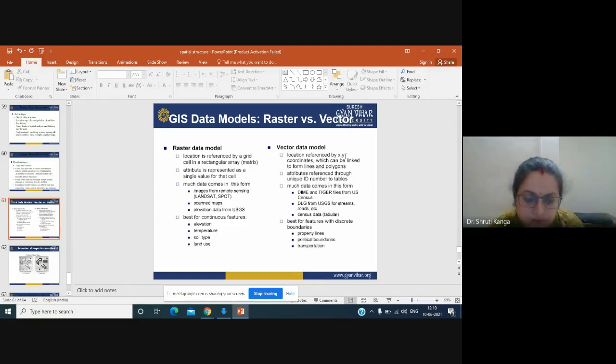reflectance value. So much data comes from image data, which includes different images: Landsat, SPOT, IKONOS, QuickBird, whatever images you are getting in terms of satellite images or aerial photographs are in the form of raster data.